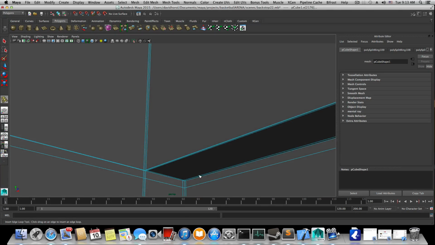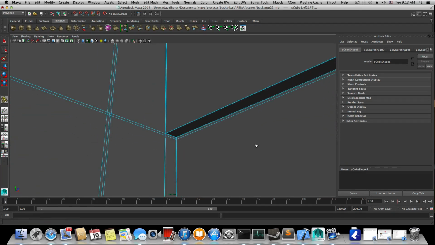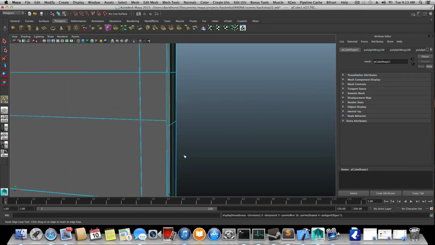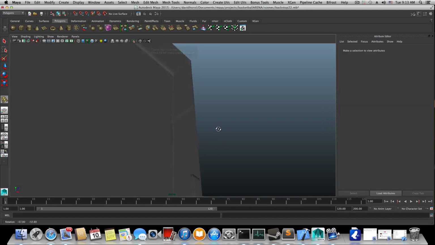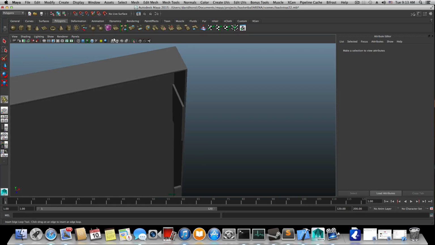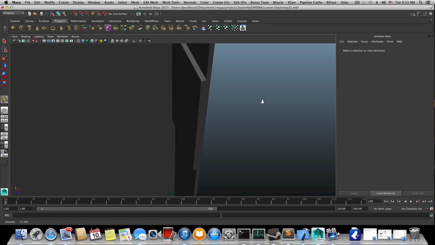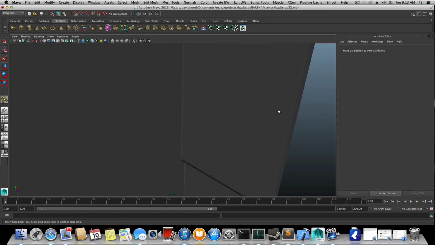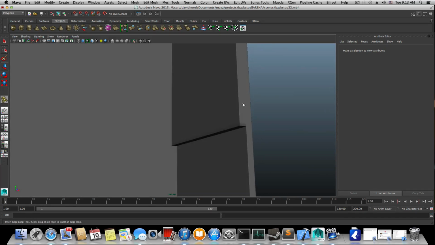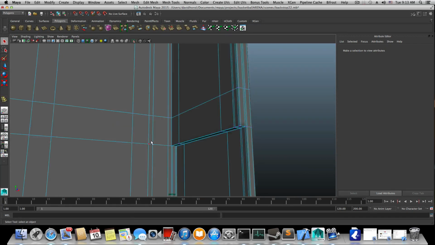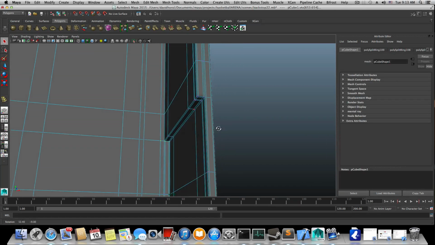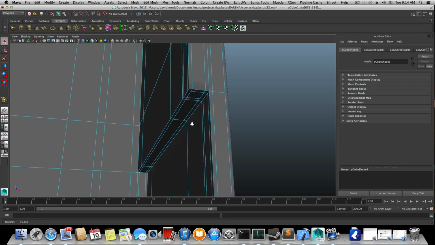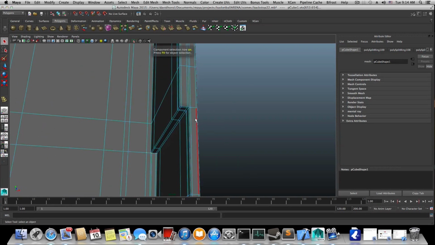Oh, that's okay. Everything is cool here. If you want, right click, choose vertices, maybe choose other vertices and try, but no, there's no reason for that. Anyway,